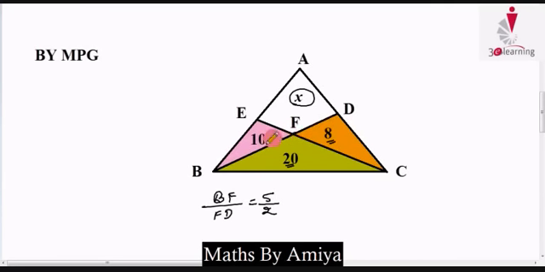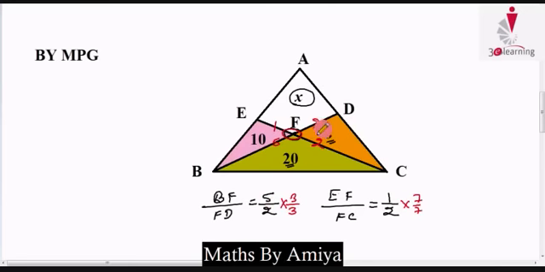Okay, at this point, what is EF upon FC? We can say EF upon FC is 1 is to 2. Both are common at point F. Now we know by MPG, if two lines coincide at the same point, then the weight should be the same at this point. Here the ratio is 2 is to 5 and this one is 1 is to 2. So we have to add, this is 3, this one is 7, so the weight should be the same. So we make a constant sum. Here the total is 1 is to 2, so the sum is 3. So we multiply by 3, 3. And here we multiply by 7, 7 because the weight is 7.